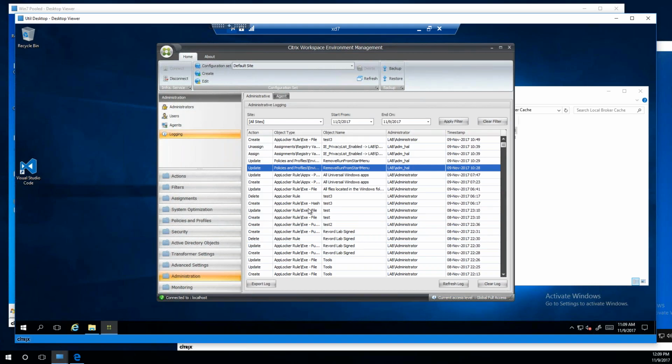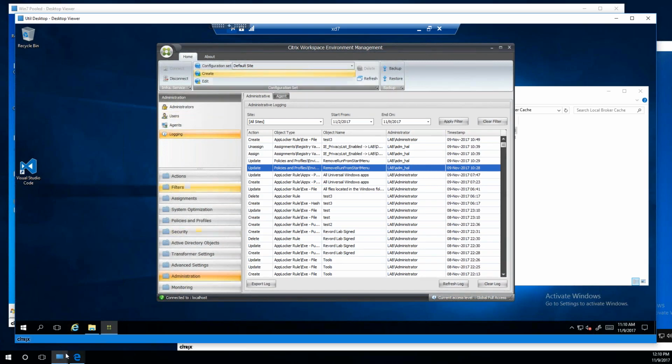So that's the logging aspect of WEM. And Josh has a question about delaying an app's launch, XenApp, till an external task like a login script runs. Haven't found a way to do that yet. That's actually what that XenApp command that I was showing you does. If your login script is a WEM policy object, it will wait till that completes before it will continue on with the application. The serial registry key, you mean?